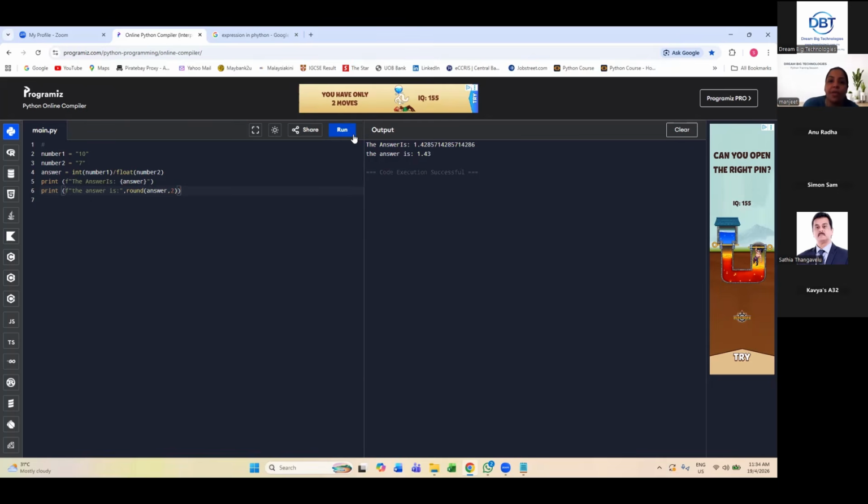See, your answer variable is holding the first value. You are saying that after the decimal, I just want two values, so I have given 2. If you write 3, 4, or 7, you can change the value, and it will give those particular numbers of digits only. It is not fixed at two values. Understood? This is how you can round off. Round is the method we can use, or you can import math also. Choice is yours, but without math it is also working, so this is fine.